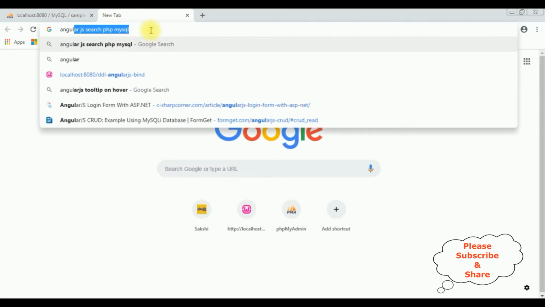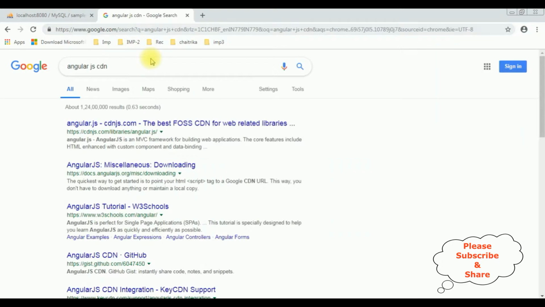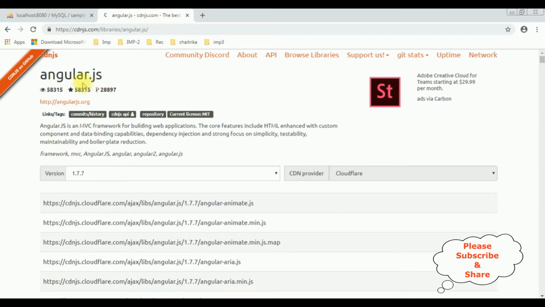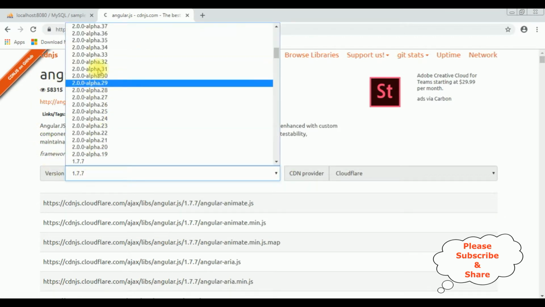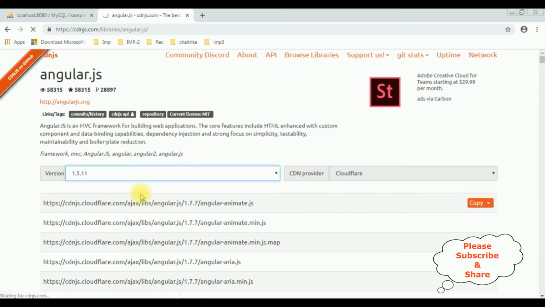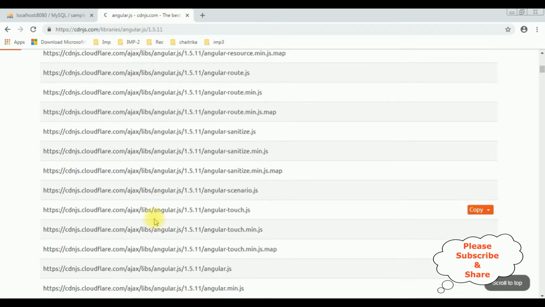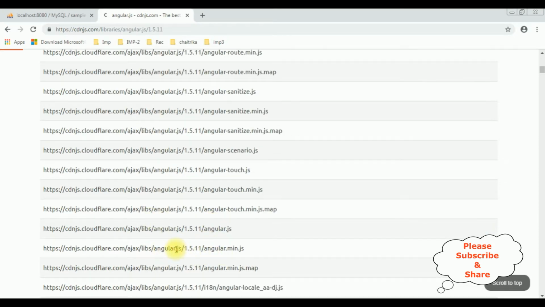search for AngularJS CDN, and from the search results I'm using AngularJS. Now in this AngularJS we can find different versions of AngularJS, but I'm using the version 1.11. After selecting the AngularJS version, here at the bottom we can find different CDN links, but we require angular.min.js, this one. Just copy this one,